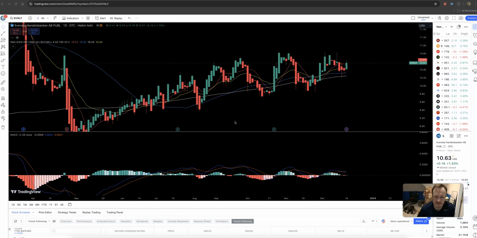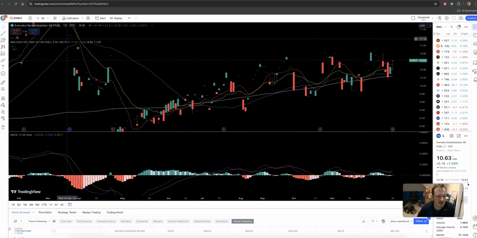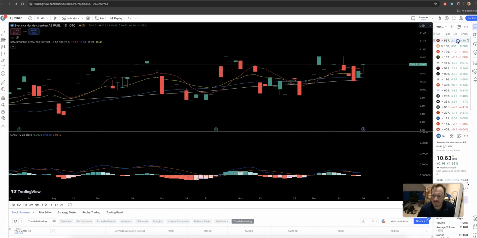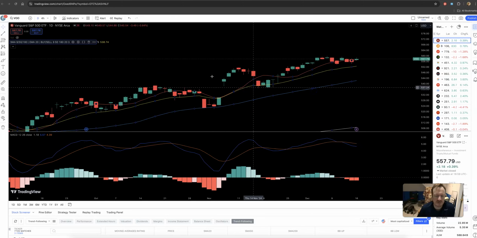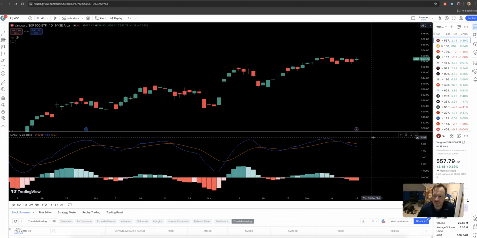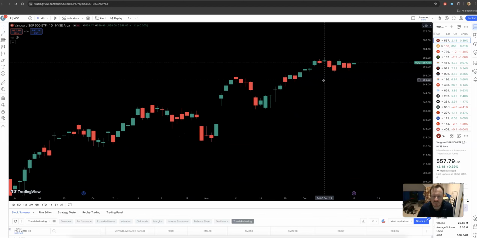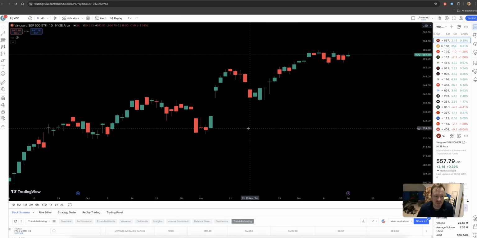As you see, I've got this set up here, and you're like, what's all that? I will get rid of it real quick. Actually, the candles, I'll change those to regular candles. Hope you're not even more confused. Let's go to VOO because that looks a little bit nicer. And then I'm going to get rid of my indicators here real quick, and then I'll show you where to find these. So the first setup, because you can't trade with anything like this, it doesn't make any sense,